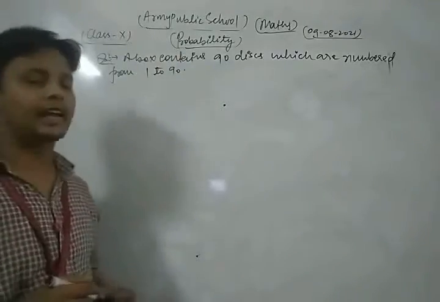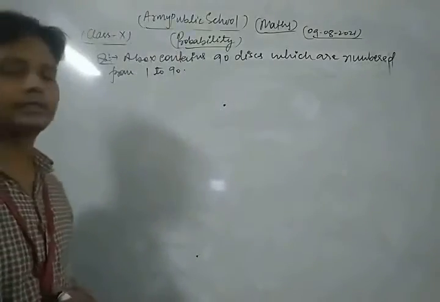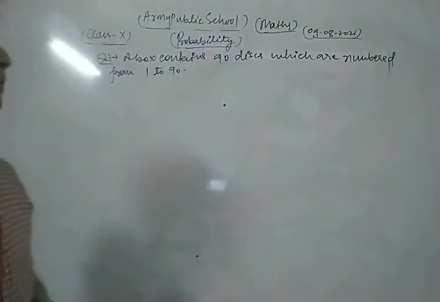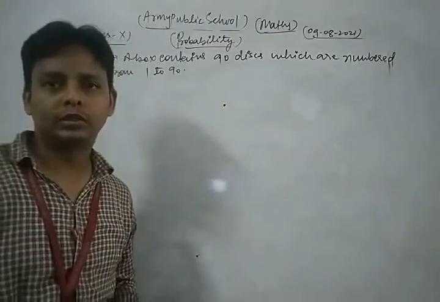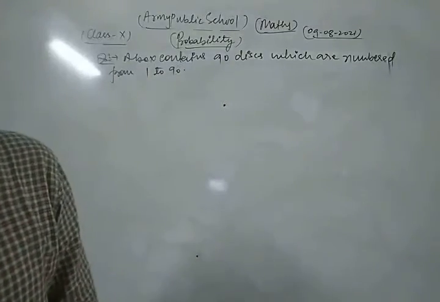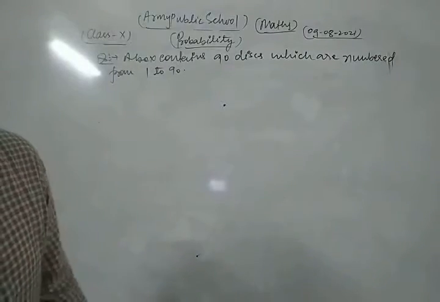A box contains 90 discs which are numbered from 1 to 90. Okay. If one disc is drawn at random from the box,